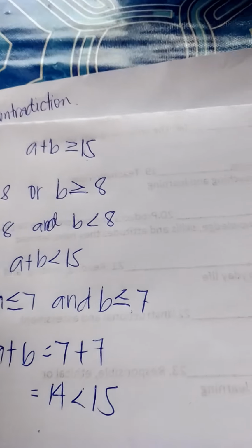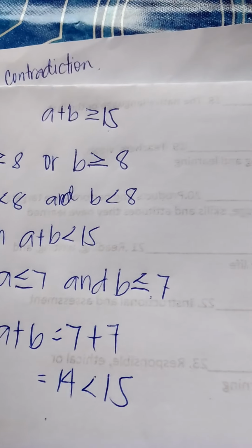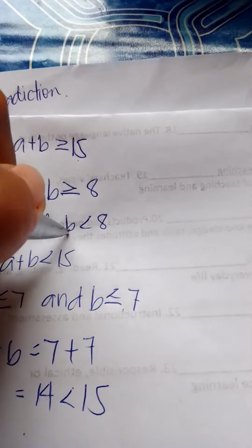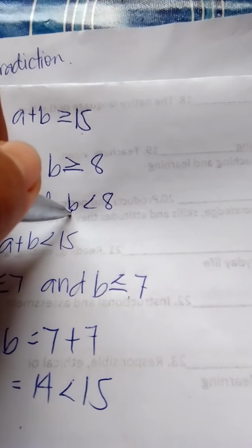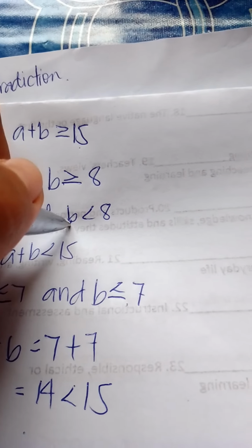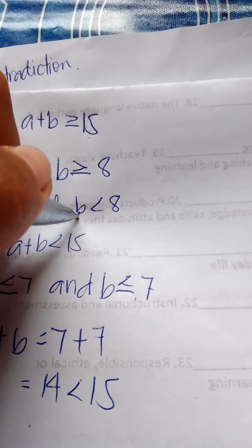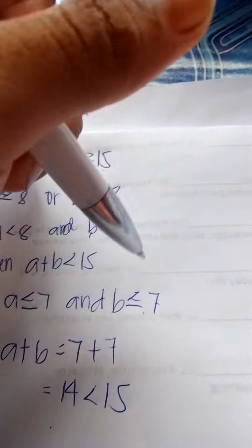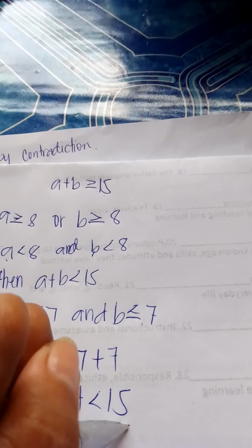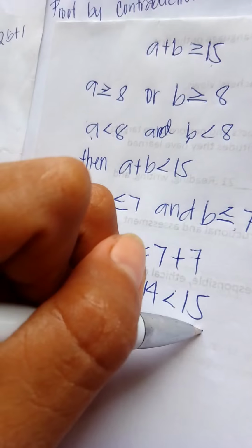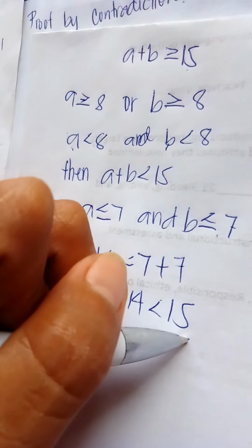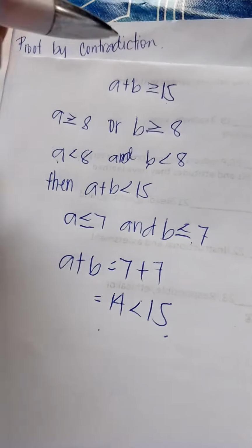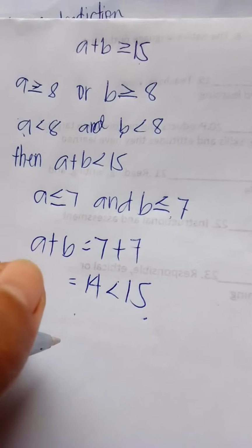So by showing that when A is less than 8 and B is less than 8, the result A plus B is less than 15 is true. Here is the sample. We have proven that for any integers A or B